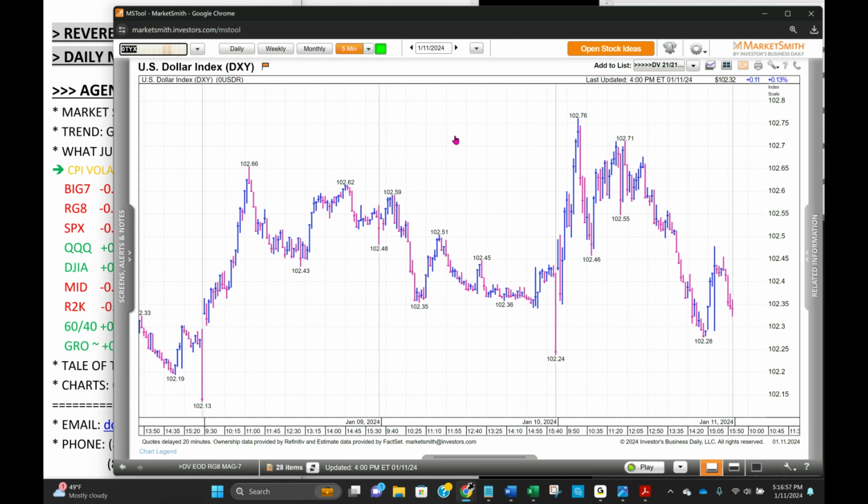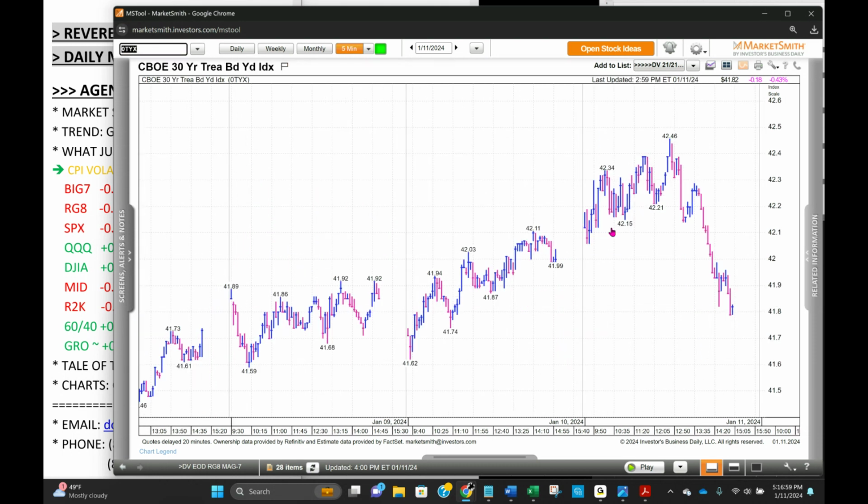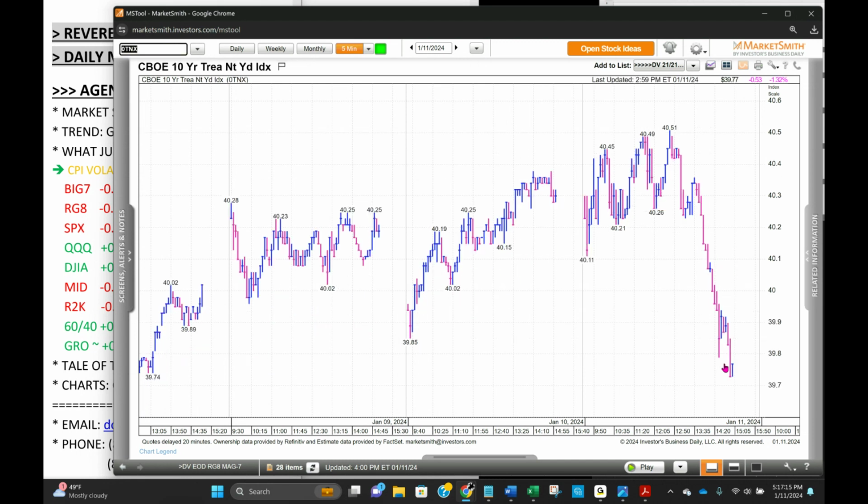TYX, this is the 30-year, very similar. Higher in the morning, down after the bond auction. So whatever fears of yields being higher from the CPI report, that bond auction put those to rest. So many things economically and macro to pay attention to, and here's the 10-year really coming down after that bond